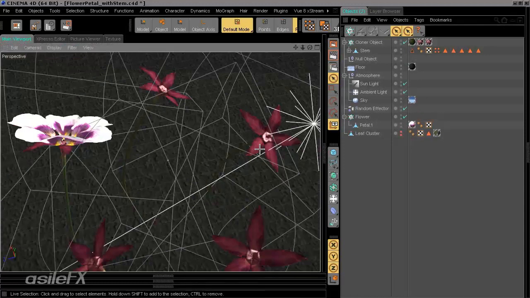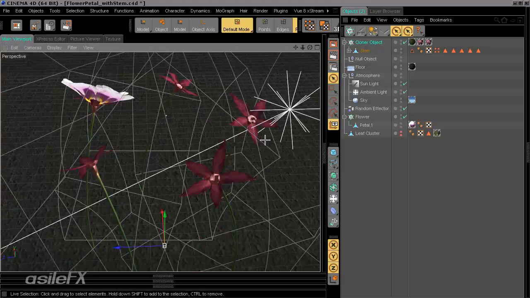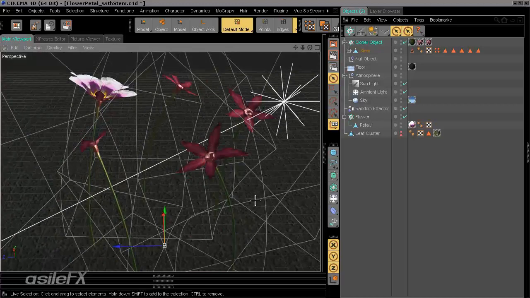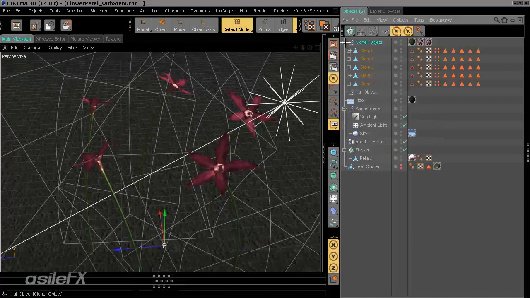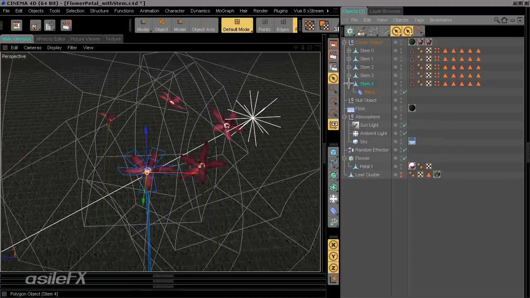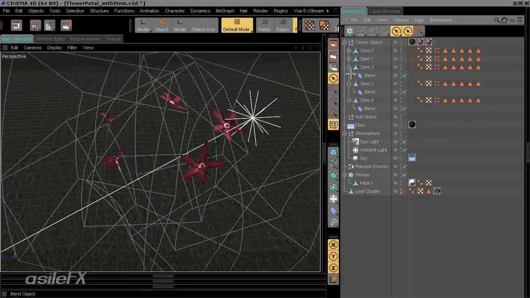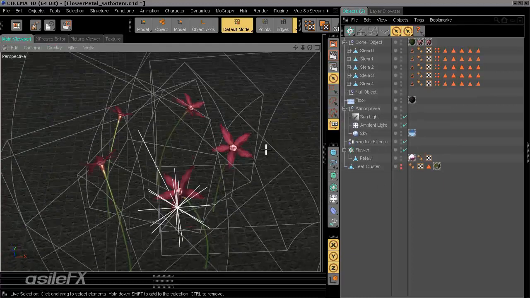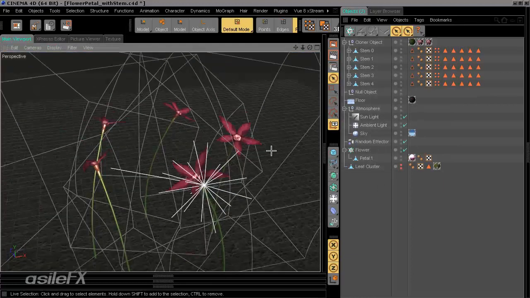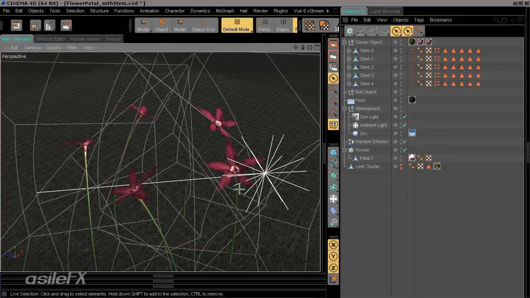Since we're not rendering instances, we can actually make the cloner object itself editable. And once we make the cloner object editable, we're going to get copies of all of these objects, with the addition of all of the bend deformers and anything else added. Which means we need to either create several cloner objects to apply to all the tags,